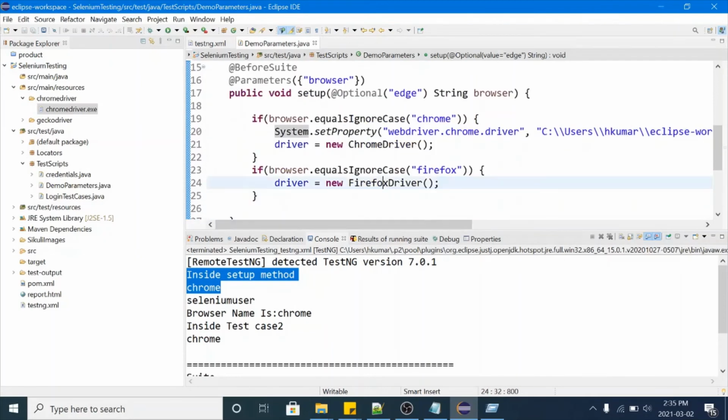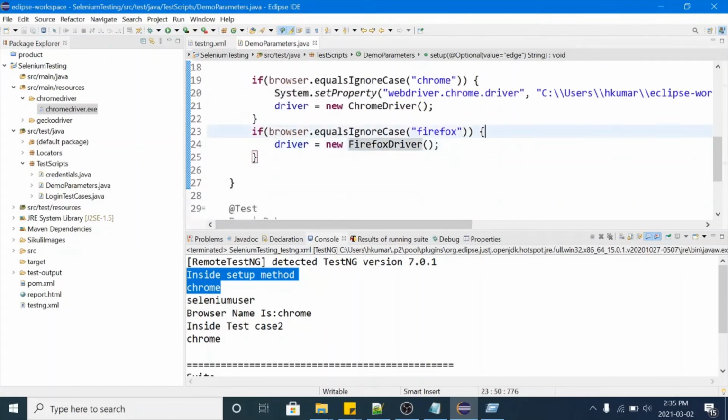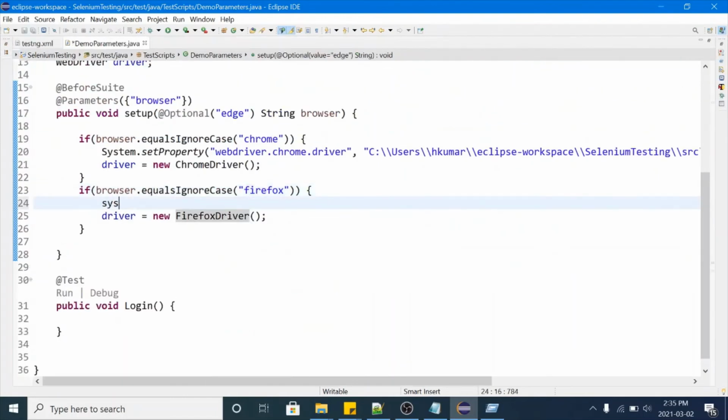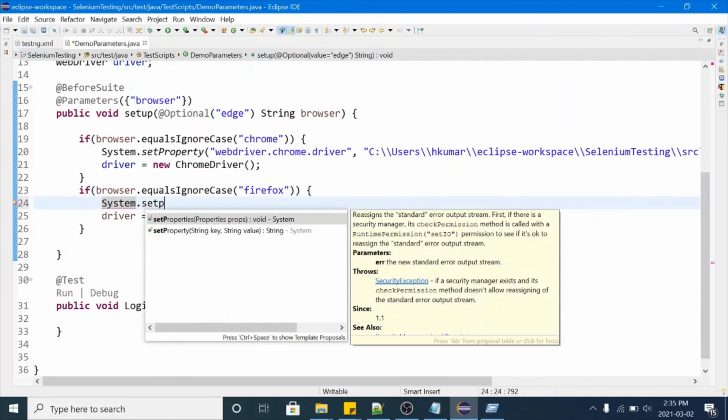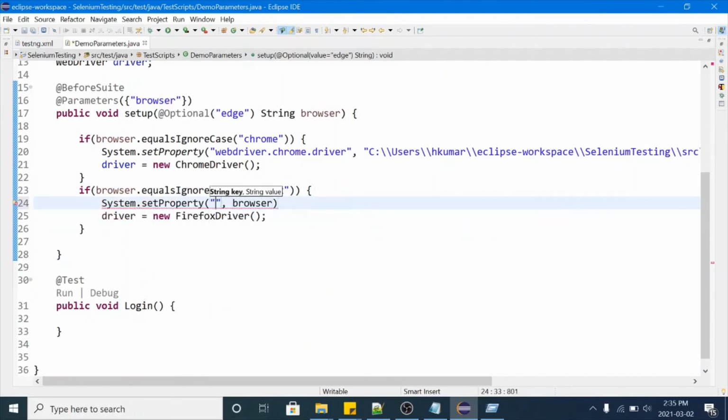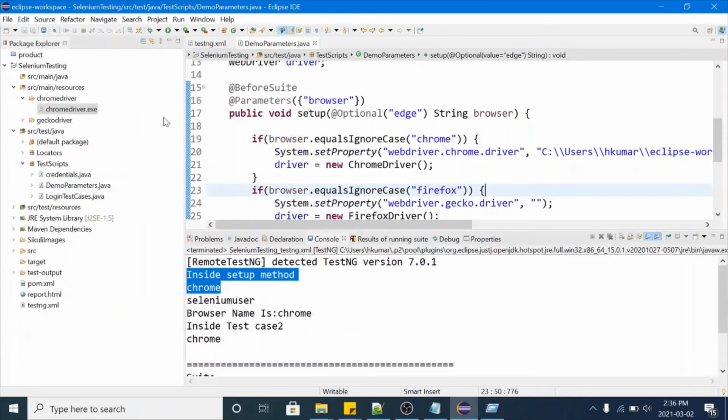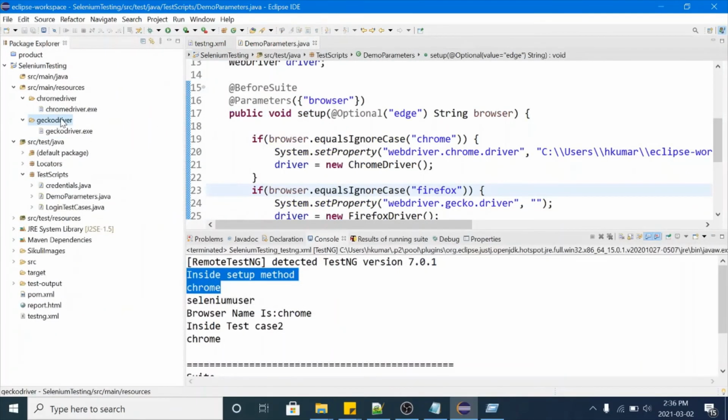Similarly, we need to set the path of the geckodriver.exe file. So we'll use System dot setProperty, webdriver dot gecko dot driver, and here we will pass the path of the geckodriver.exe file. We have the geckodriver.exe file in our resources folder.